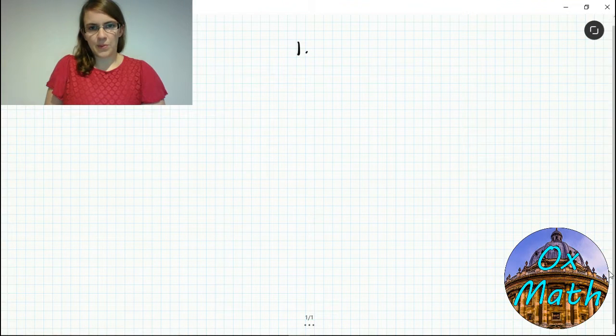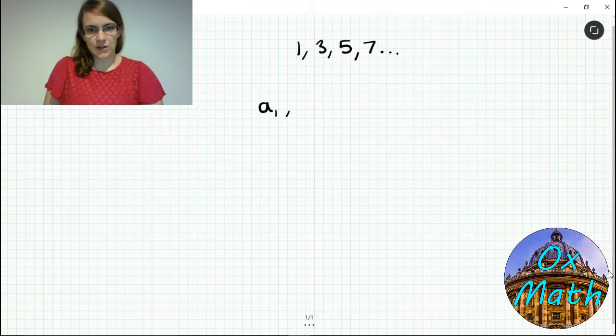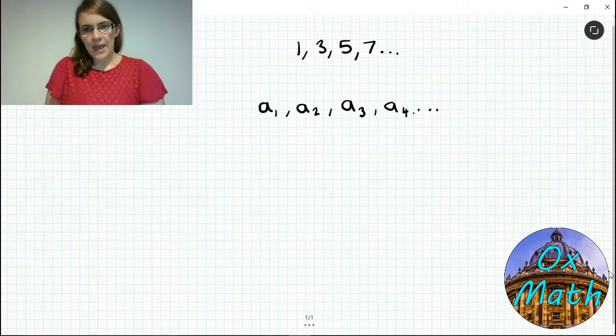So for example, 1, 3, 5, 7, and so on. There is some kind of order to it. In this case, we are adding 2 each time. A general sequence can be represented using A with a small subscript number to show which term you are on. So A3, for example, means that we are on the third term, A4 and so on. We use ... to show that it continues, and then if the sequence actually ends, we can use an AN